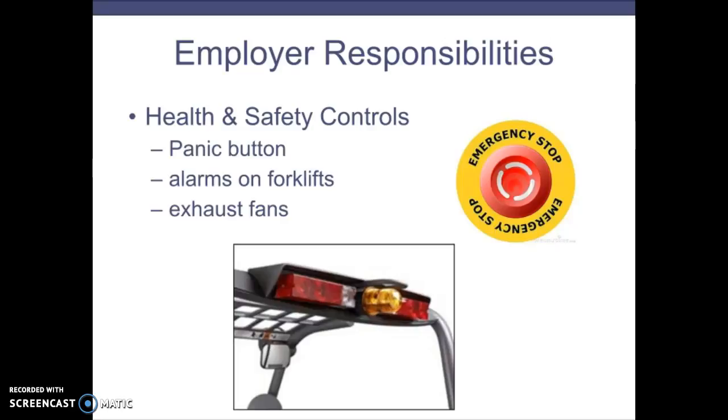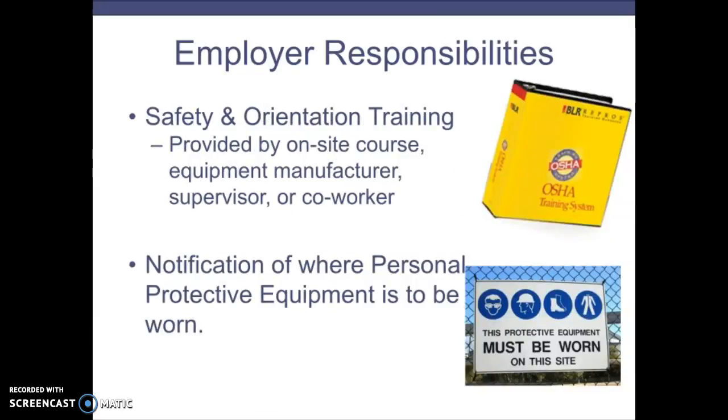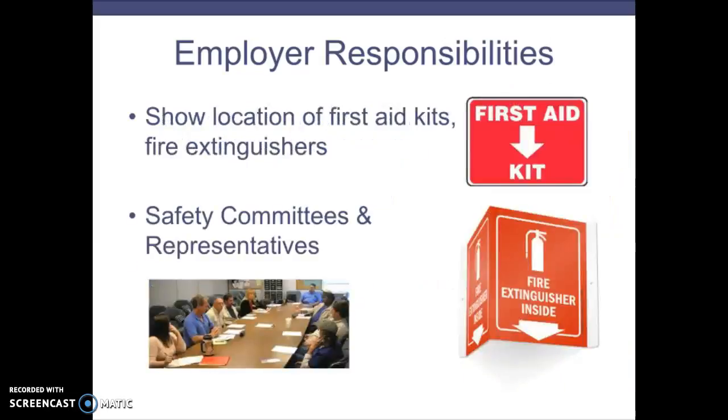Even if you are just walking through a facility, make sure that you're aware of where these safety controls are, but it is the employer's responsibility to make sure they provide those to you. The safety and orientation training is an opportunity for the employer to give you the process by which they want you to implement safety and the rigor that OSHA provides that you must comply with. Also, they'll provide signs so you can understand where you wear personal protective equipment and get a great understanding of the pieces you need to make sure you're safe.